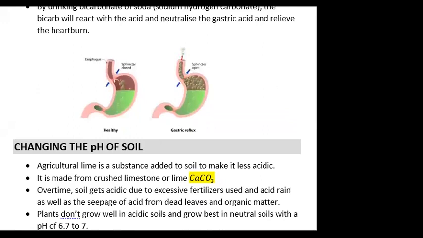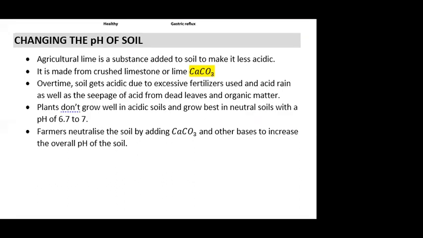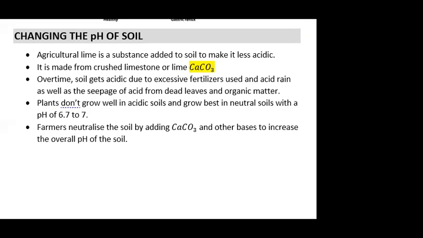Ma'am, when I was in the hospital and I had heartburn, they would give me bicarb of soda. Exactly. And we all have bicarb in our homes, right? So instead of buying expensive medicine, you can just use some bicarb if you have heartburn. Okay, the next role that acids and bases play in our life is the changing pH